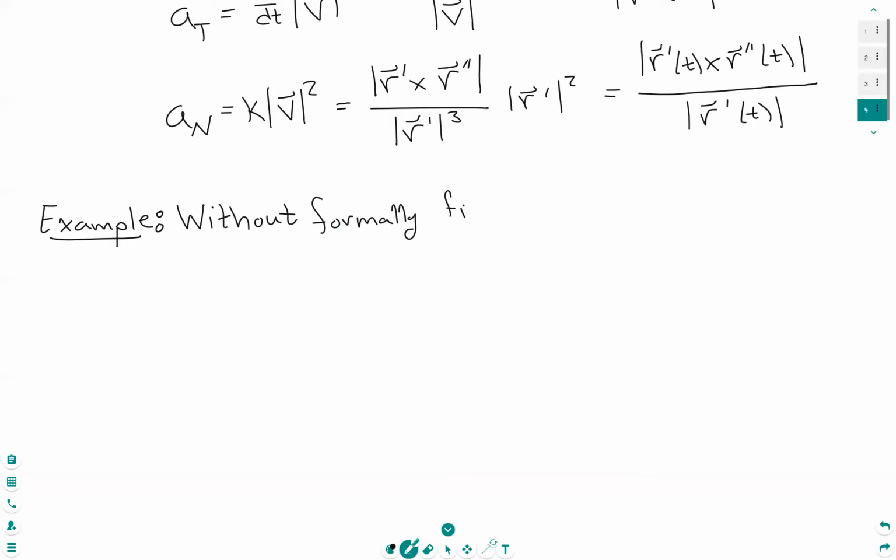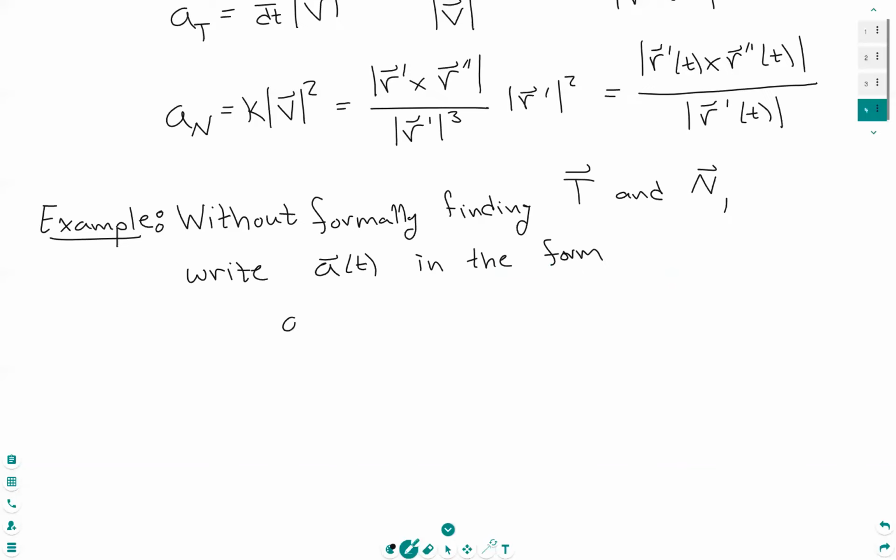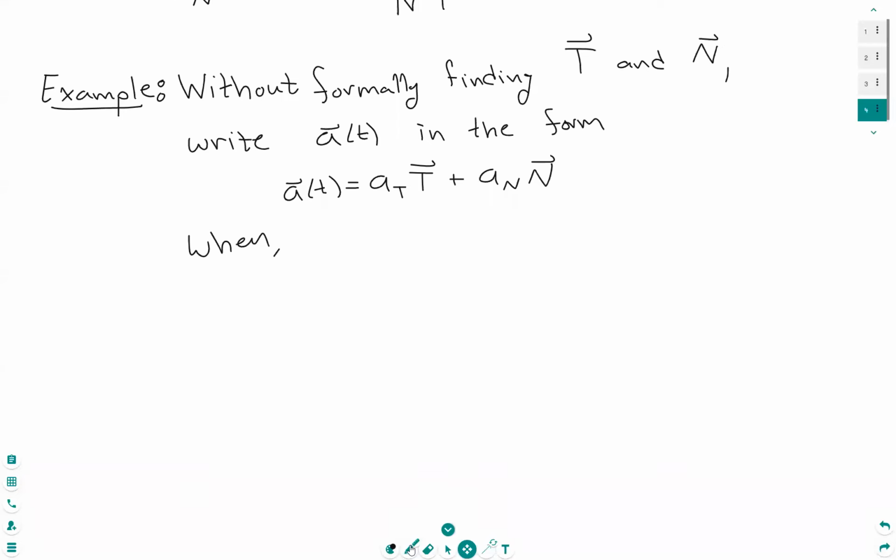Without formally finding T and N, we're going to write the acceleration in the form AT in the unit tangent direction plus AN in the normal direction, when the position vector